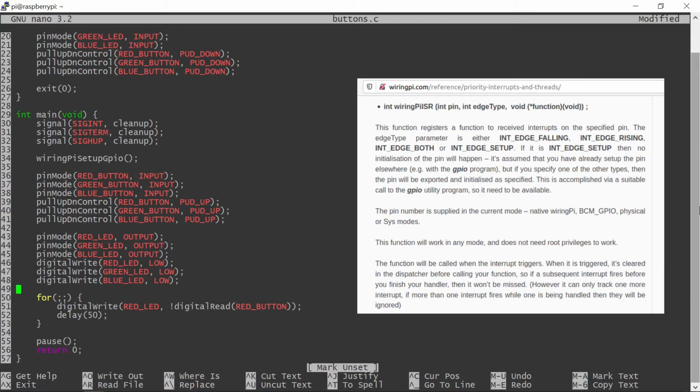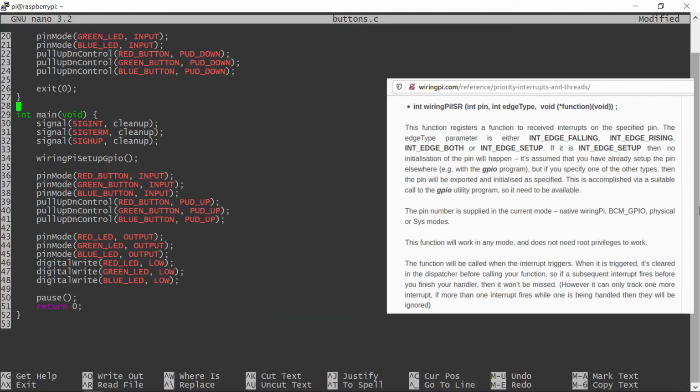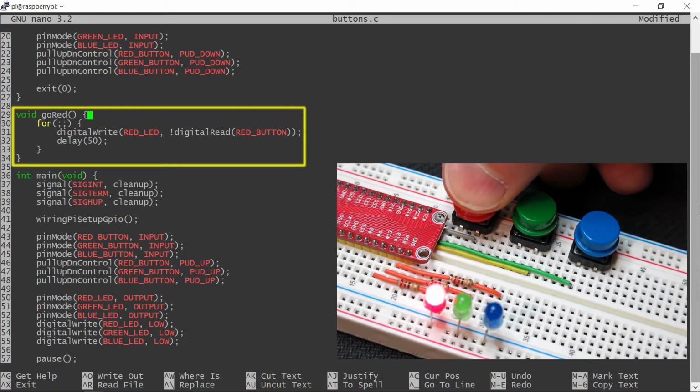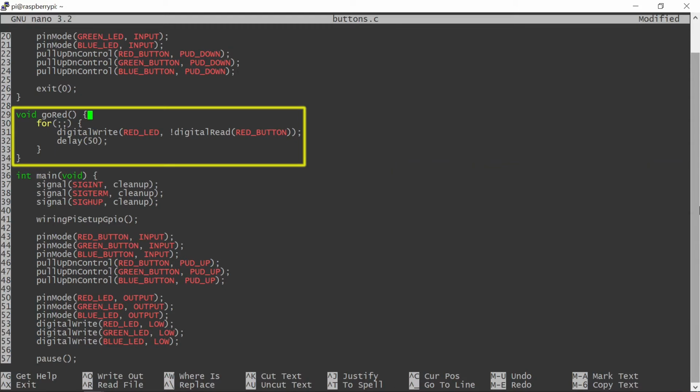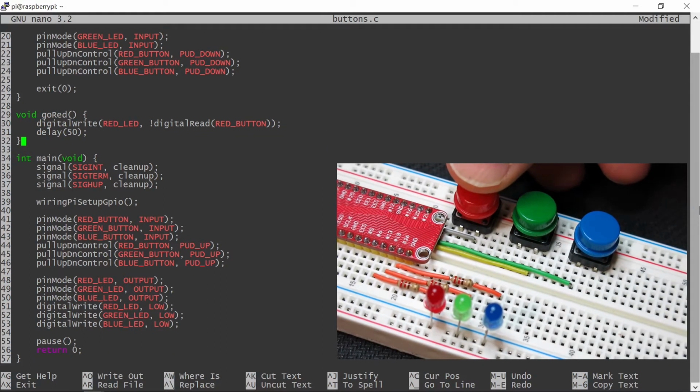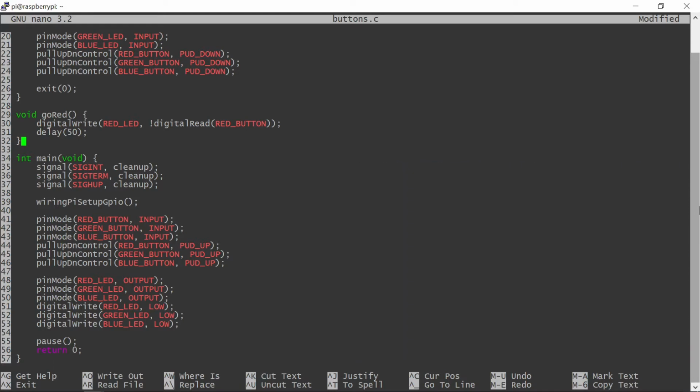Let's fix this program. First, by moving the blocking code into a subroutine. This subroutine will become the callback for the red button, which will be executed every time the button is used. Threading in general and Wiring Pi interrupt specifically can run any code contained in a subroutine concurrently to the main program. The clunky loop is actually not used in this model, as the continuous communication between the button and LED will be handled internally by the Wiring Pi interrupt model.